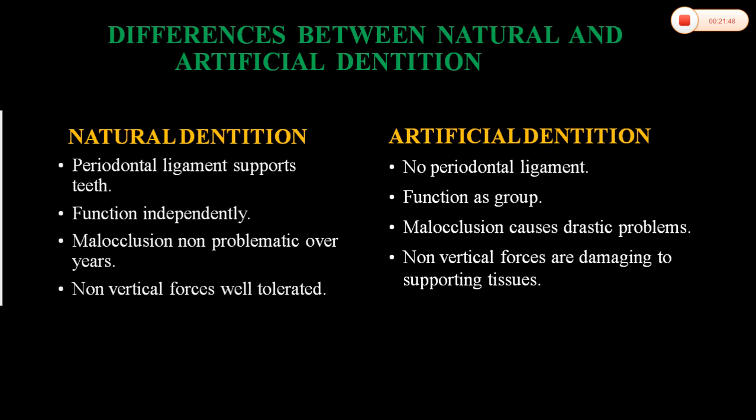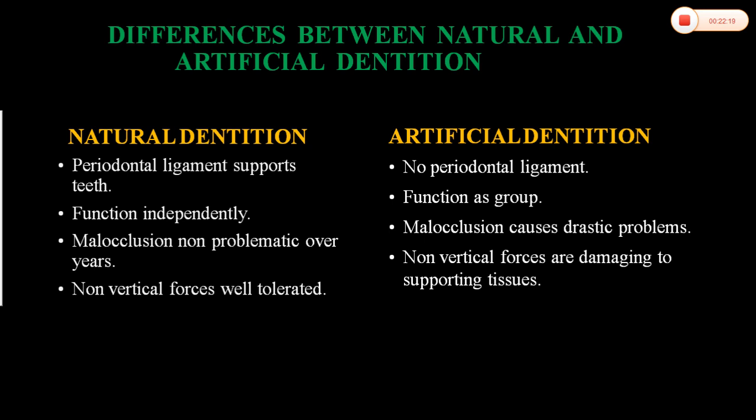When you eat or load is applied on a single tooth, only that single tooth will absorb, and that force will be transmitted to the periodontal ligament. Again, because the periodontal ligament acts like a cushion, the force onto the bone will be minimized. So each tooth will act like an independent unit. Each tooth will have its own activity.